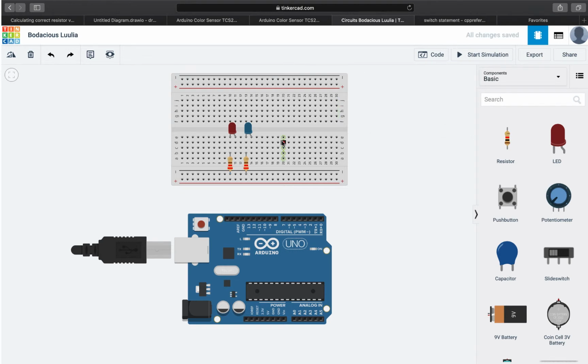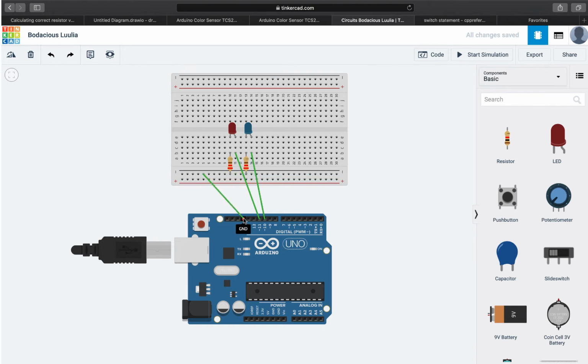Now the next thing we will do is connect these pins for every LED to one of our digital pins on the Arduino. I will use pins 10 and 11. So for the blue one, I'm going to connect it to pin 10, and for the red one, I will connect it to pin 11. Now in this case, it doesn't matter which pin you use, obviously, but if you want to follow the same code I will have, make sure to connect the blue one to the 10 and the red one to the 11. Now we also need to connect the ground